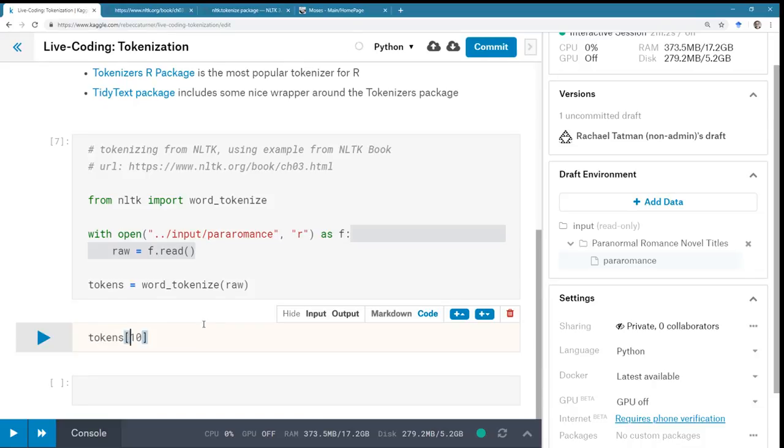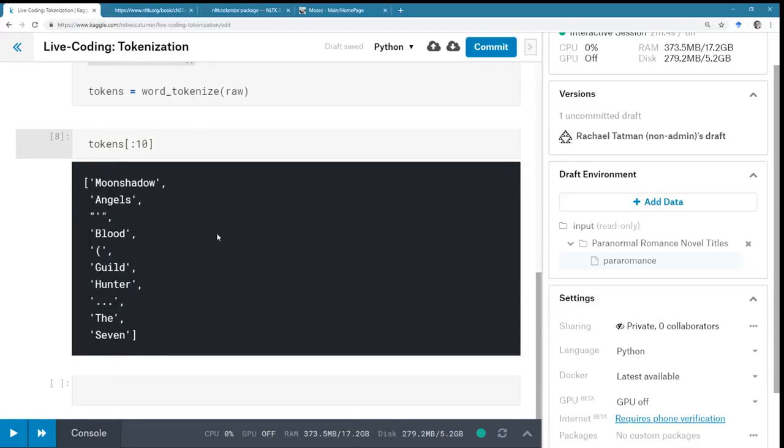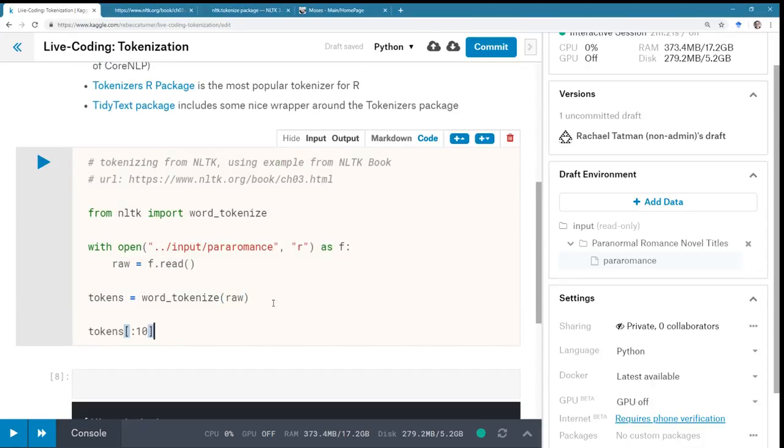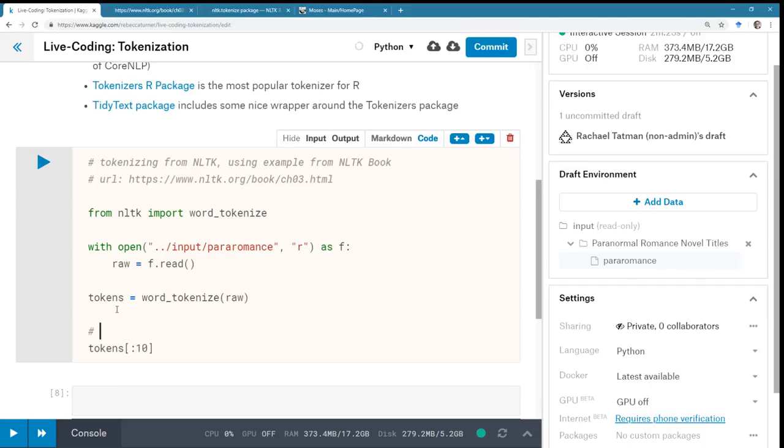Oh, it's not going to work with a semicolon, huh? Yes, excellent. You can see that they have separated the punctuation as their own tokens, which I personally recommend doing. You can learn a lot from punctuation. I've written a couple of papers about that. So we should get the same sort of tokens out, using whatever method.